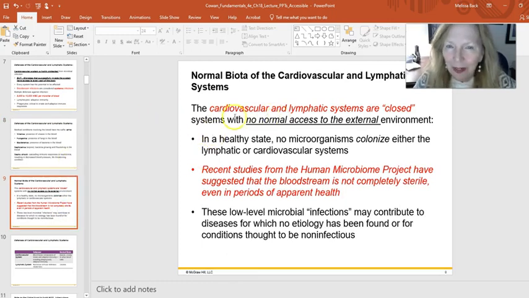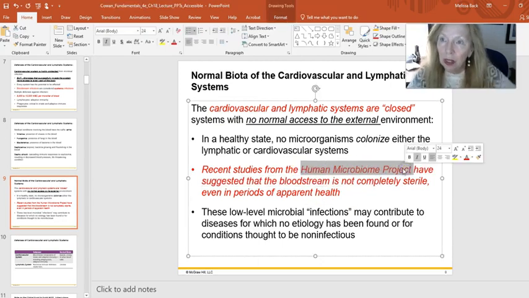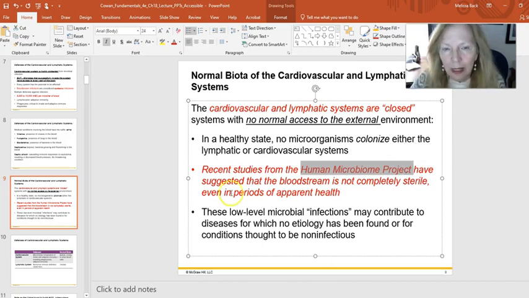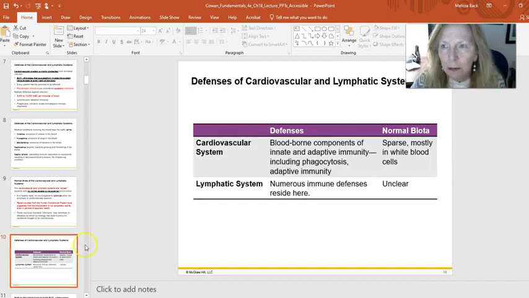All right, we do think about these systems as being closed, which is kind of protective for us. So when we think about that, we understand that the Human Microbiome Project, which is trying to look to see what are all the different organisms that make up these different sites, like on our skin, in our nose, in our GI tract, the areas that we know to be colonized with these microorganisms. We understand that, but that there can sometimes be these transient microorganisms, but we don't really think about them as actually staying there.